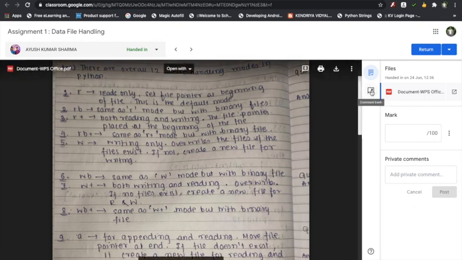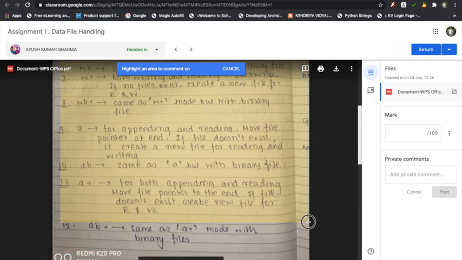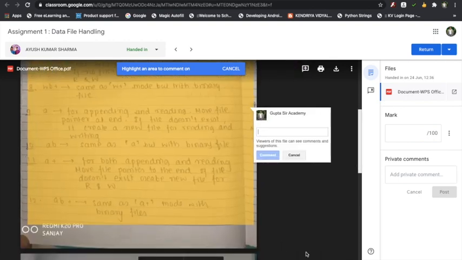Just see here, a blank comment option is there. Here you can see three buttons. You can print it out, you can download this assignment and check it in your free time, or whatever marking tools you have, you can mark. But there is a very interesting tool right here which you can use, and that is add a comment. Just click on add a comment, and it gives you a hint to highlight an area to comment on. I will comment on this particular answer that he has given. It will highlight that answer, and here it will give me the opportunity to write my comment.